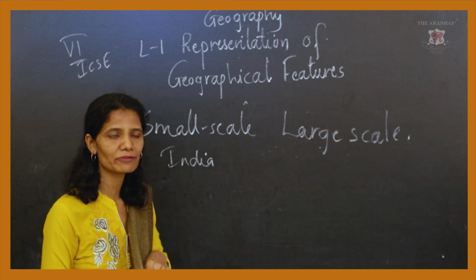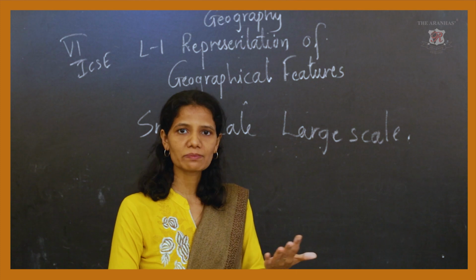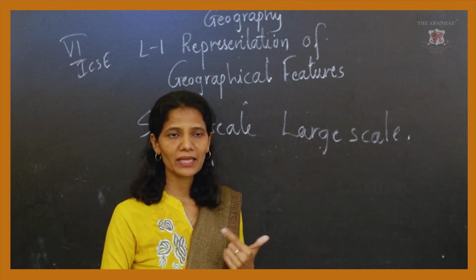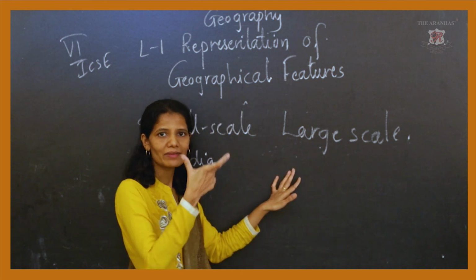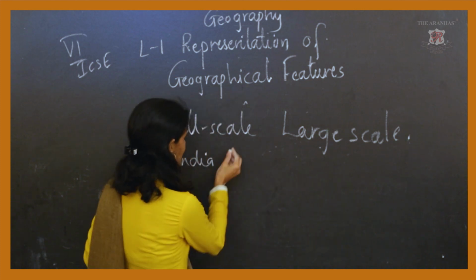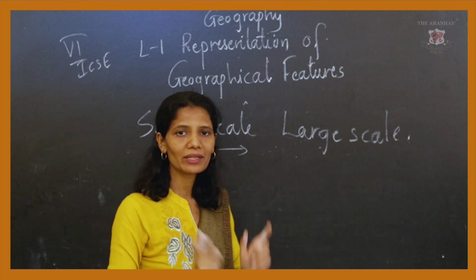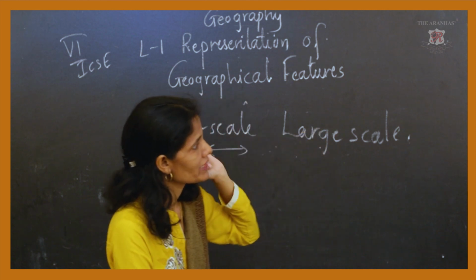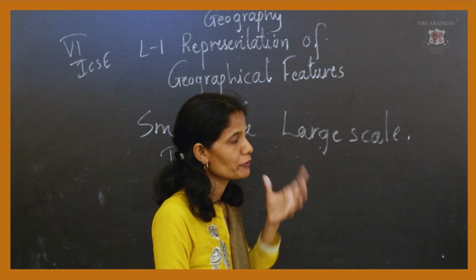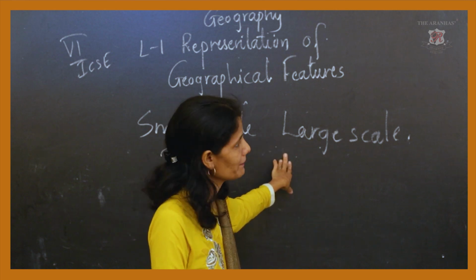Large scale maps are like tourist map. Now tourist map, in case if you are going to any place, if you are going to Mahabaleshwar, that time you take a tourist map to visit a particular place. That is a large scale map. The scale is more. The small scale means here the measurement is more. Here the measurement is small, where you will have a detailed information in a large scale. Now here, for example, if you go to a tourist place and if you take a tourist map, that is an example of a large scale map.